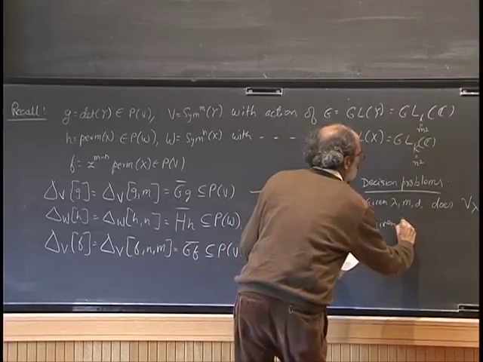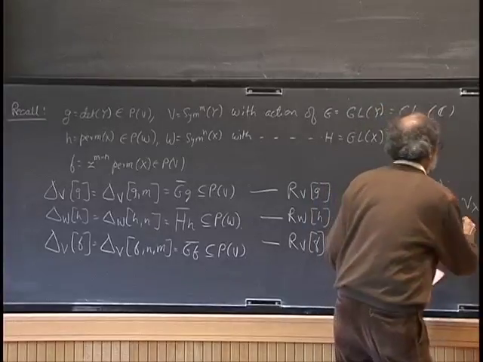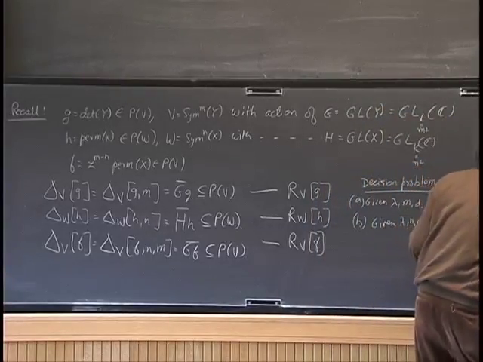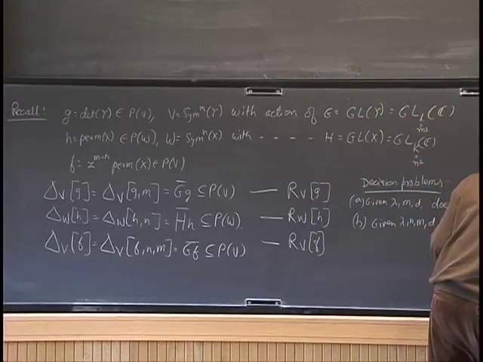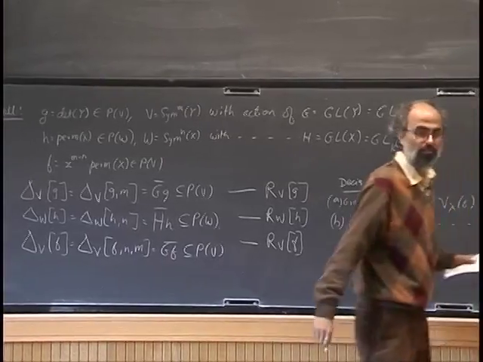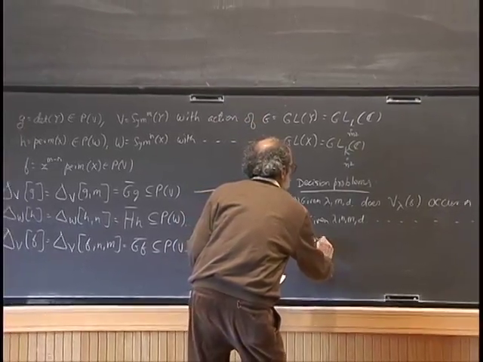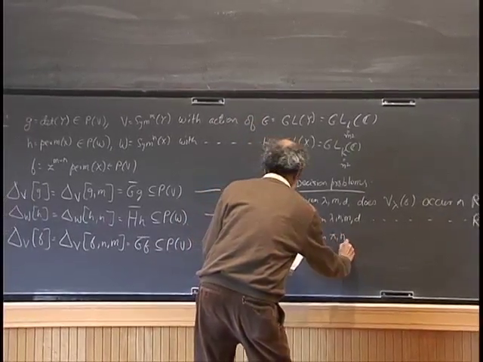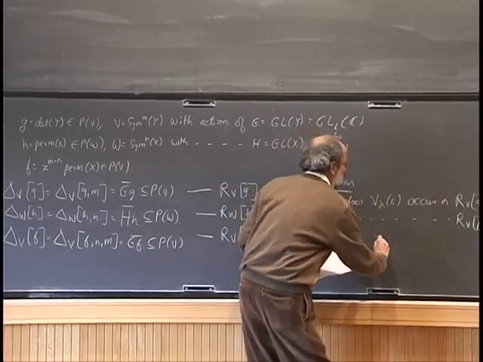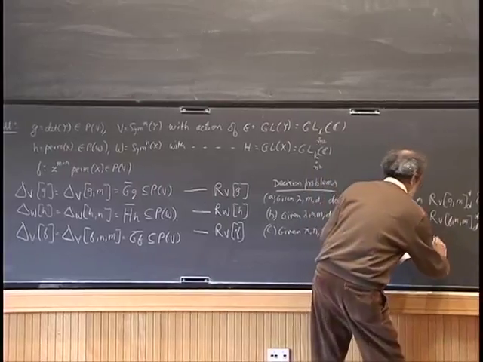Given lambda, m and d, does this occur in R V H m d star? And then given pi, n and d, does d pi H occur in